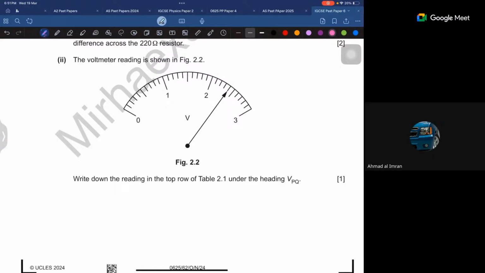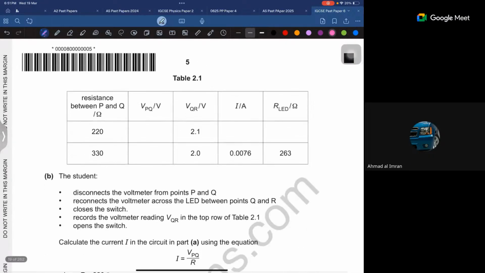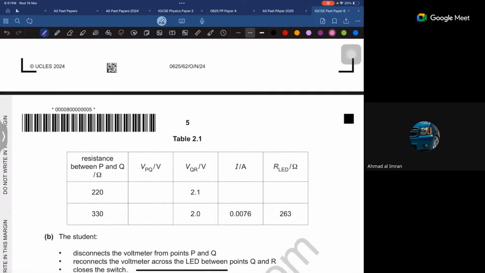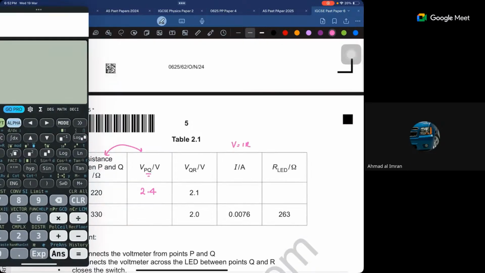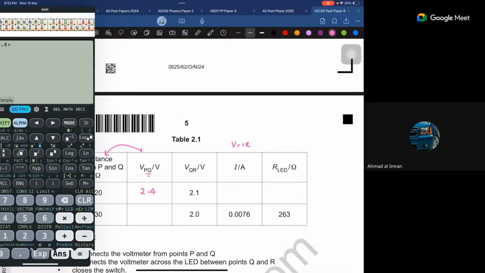So this reading is 2.1, 2.2, 2.3, 2.4. So 2.4, and we have to find the other things actually. The current can be found out by only these two values because we have the resistance and the voltage across it. So we're going to use V is equal to IR. So the voltage is 2.4 divided by 220,